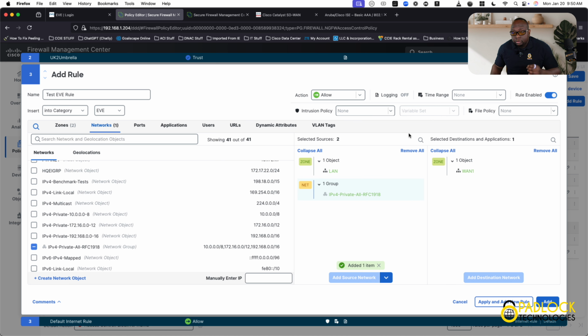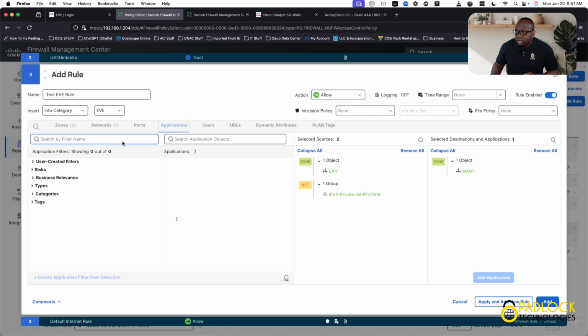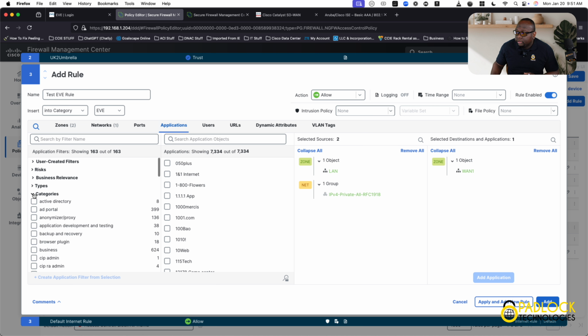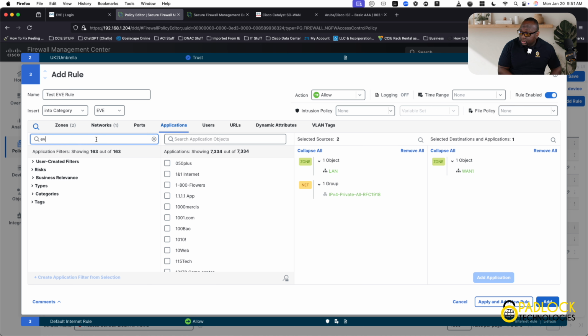But the key here is when you want to enforce EVE in the rule set, you go to applications, and then see, you've got user created filters. We don't have to worry about that because that's based on application filters. There should be a category in here called EVE. Where is this thing at? Let's type in EVE. That should be somewhere in here